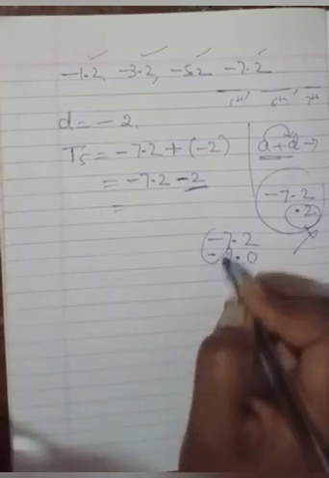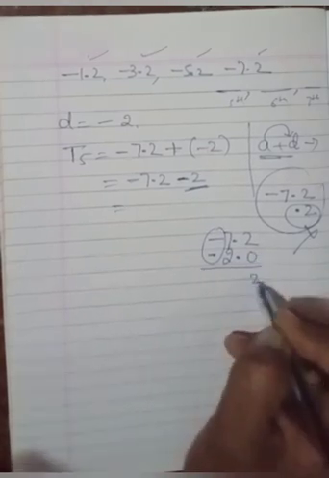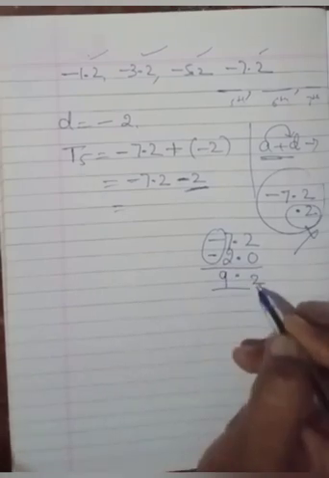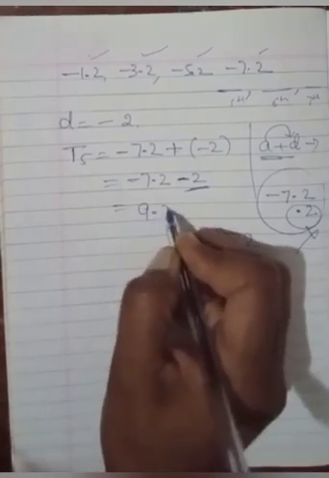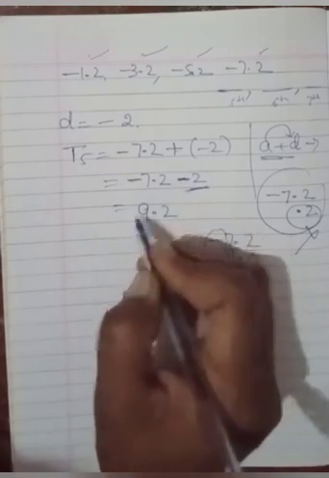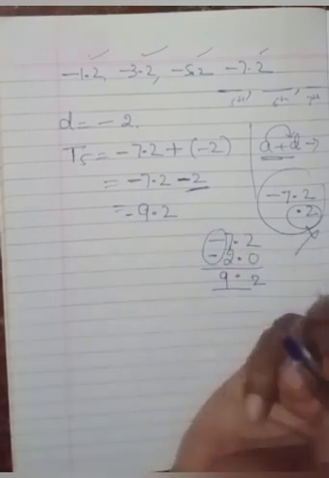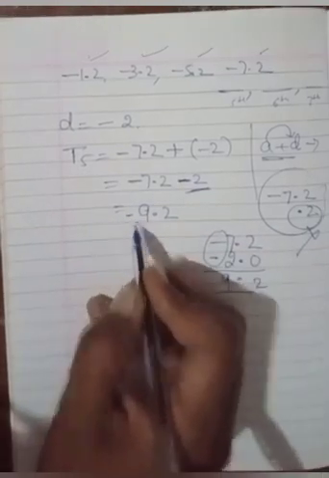That is, both are negative. You are adding here, is it? 2 and 7 plus 2, 9. 9.2. You have got this one as 9.2. Both are negative, so we are going to keep the sign minus. Okay. Next, this is your T5.